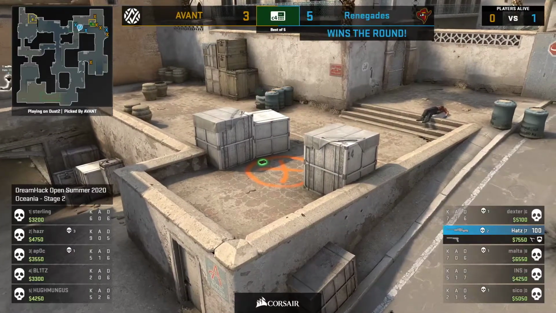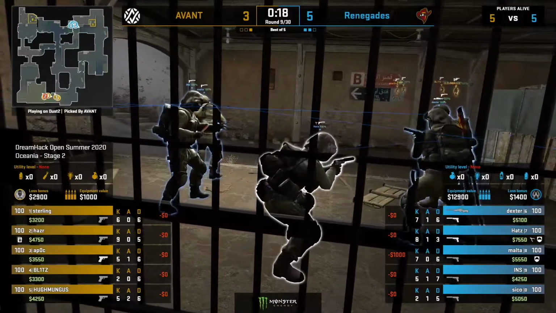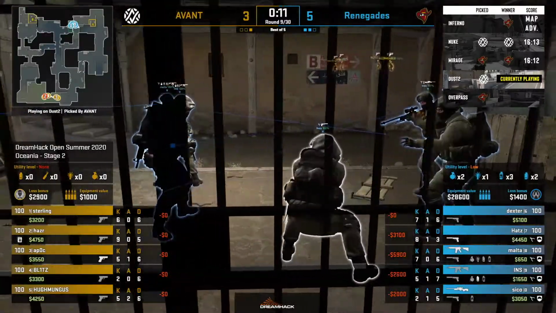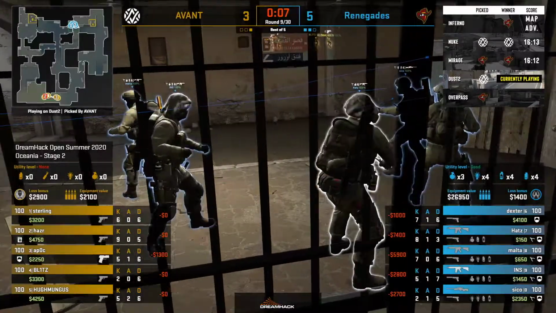This is going to force AVANT back to a poor economic position. They have Sterling at 3,200, APOC at 35, Blitz at 33. So 3 guys that aren't going to be able to afford AKs. And it's likely going to be a save round for AVANT here, which is going to put Renegades one step